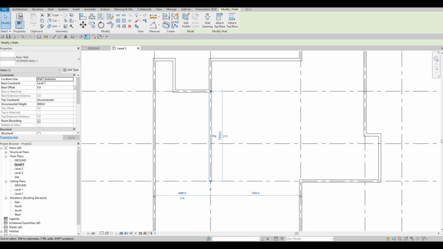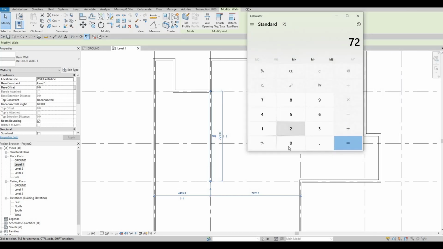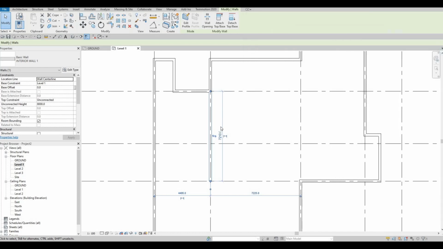So calculator, 7210 minus 1370, that's 6840. So here I'm just going to select that 6840, and then now we have,